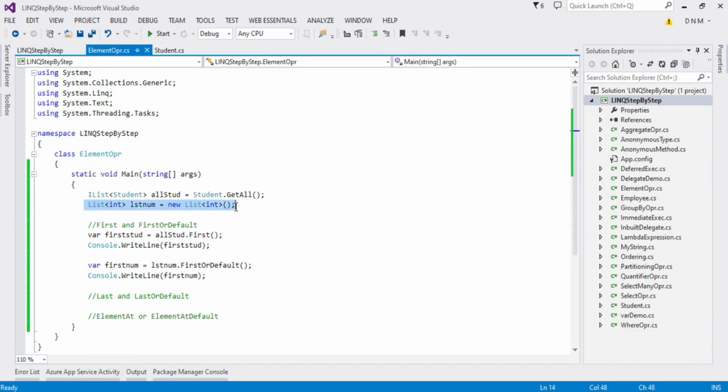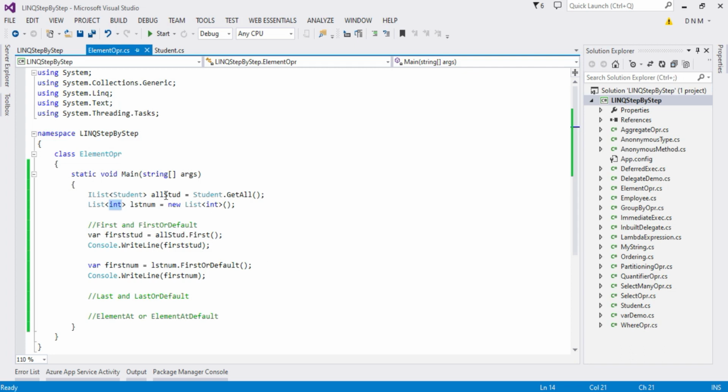Here we are using the integer data type, right? This collection is empty, and what is the data type of this collection? It is integer. Now what is the default value of integer type of data? It is 0. If you are using string, then the default value will be null. So according to the data type, it will display the default value and it handles the exception. Remember this thing. I hope you understand this.